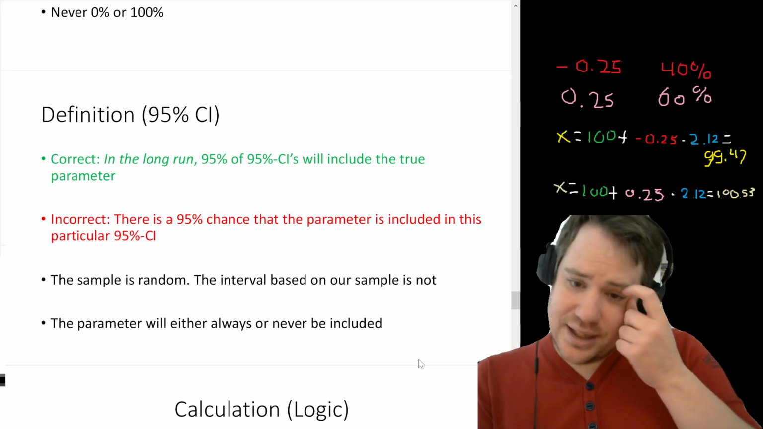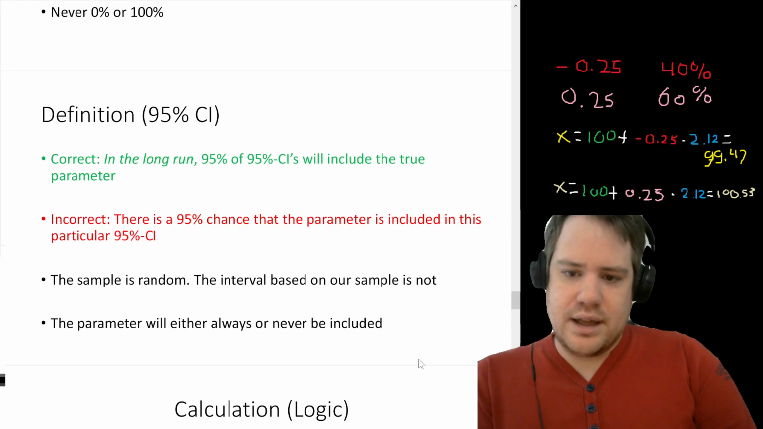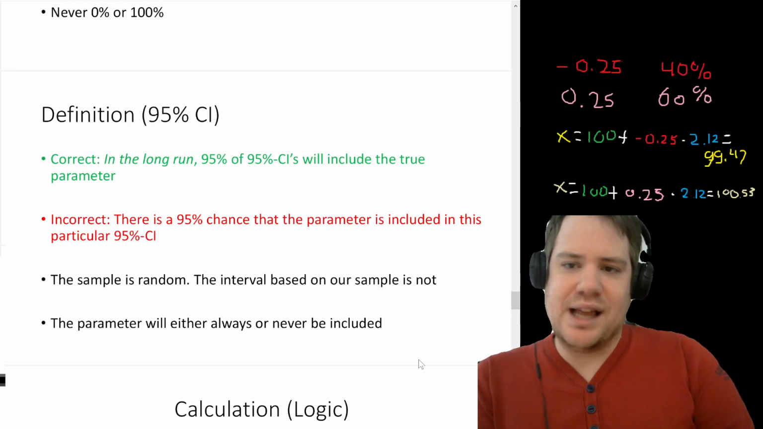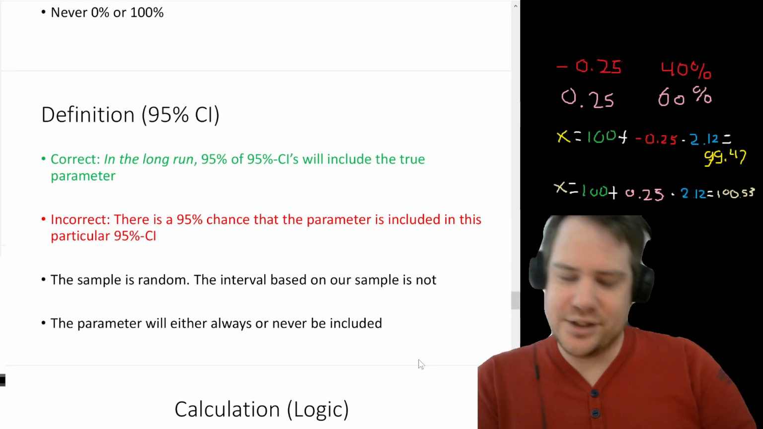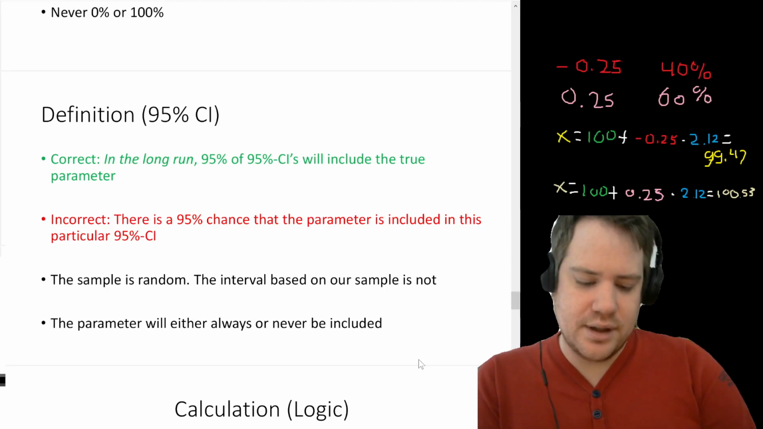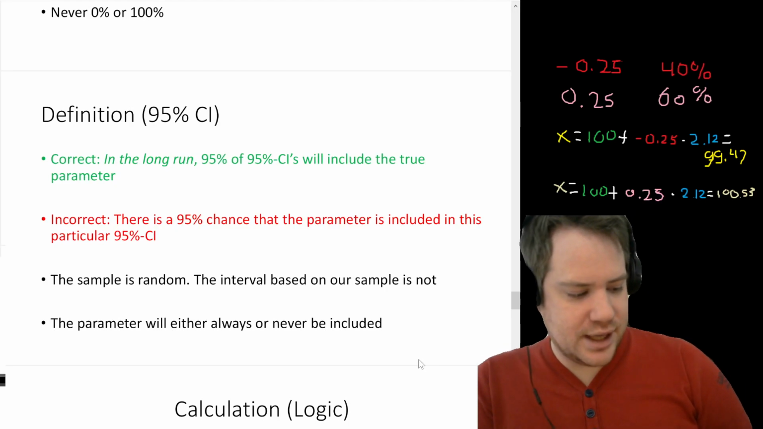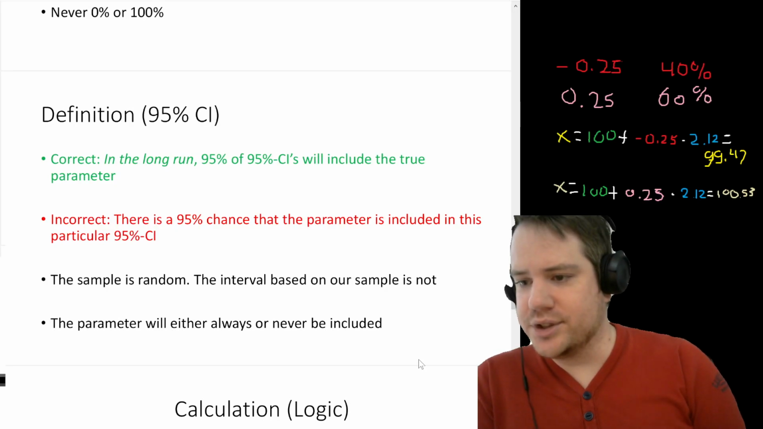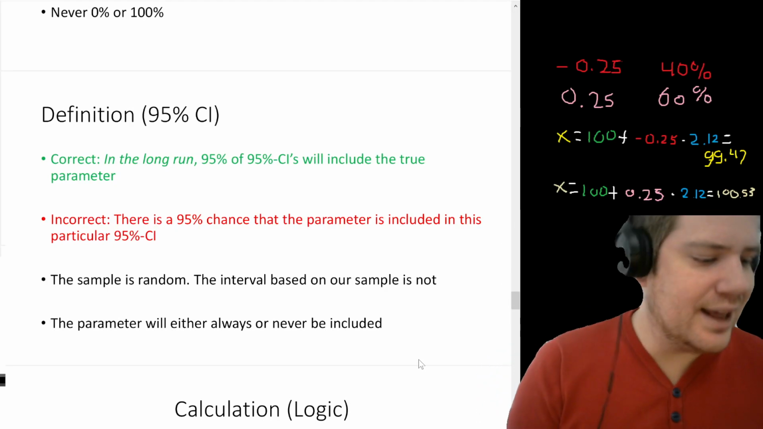The reason you can't say there's a 95% chance that the parameter is included is because it implies that if you could take more confidence intervals, then it sometimes will be included and sometimes will not be included. But if you calculate a confidence interval over the same sample 100 times, you're not going to get different results. So the difference is this: if you have a class of 100 people,